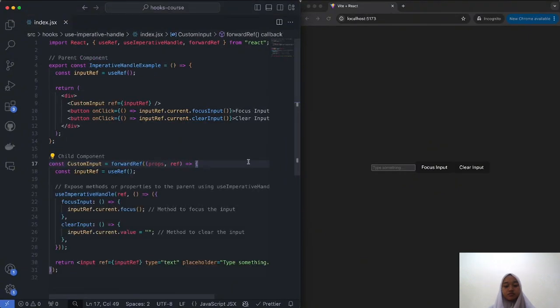Okay, everyone. Now let's talk about the useImperativeHandle hook. It's probably the hook that you'll use the least by far out of all the hooks. If you watch my previous React hooks course, I also mentioned this, and I gave one use case for that, and I believe that's the only use case I ever ran into where I needed to do this,